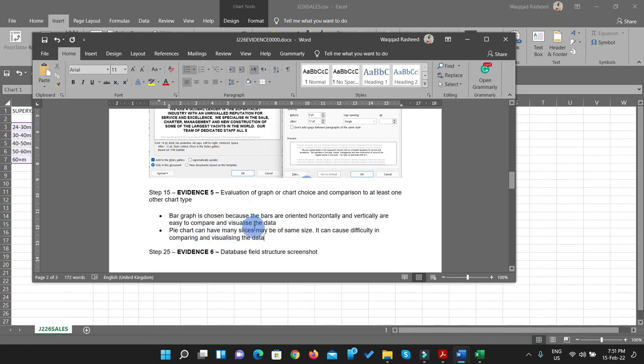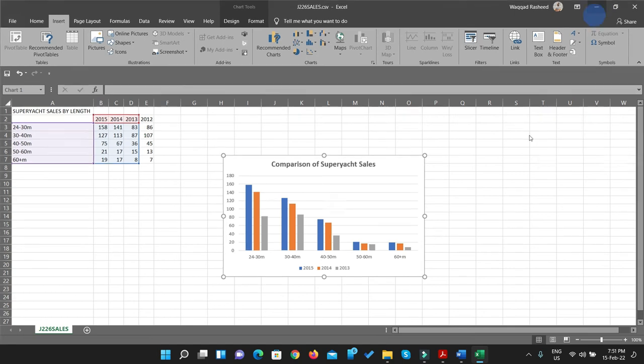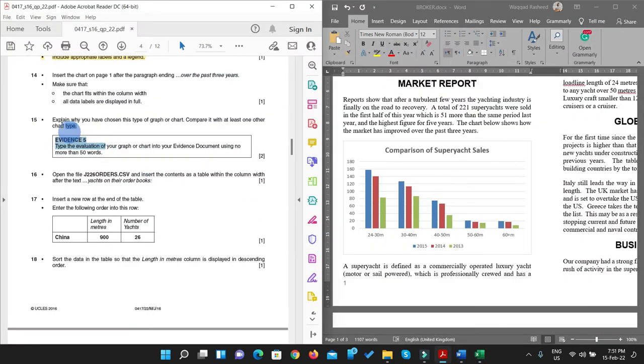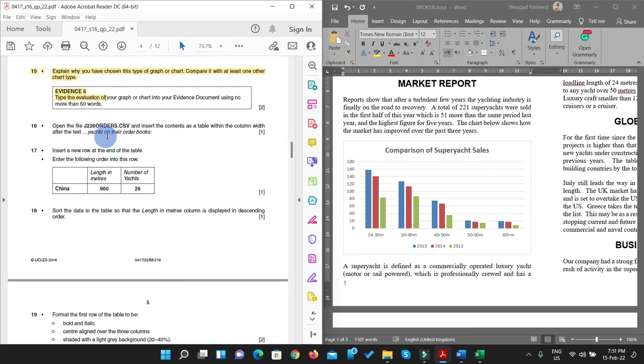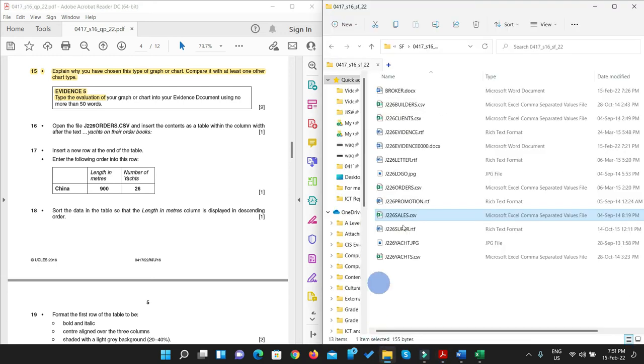So I have given the justification why I have chosen bar graph and why I have not chosen pie chart. So that's the thing. We are done up to this evaluation point, and I'm just going to highlight this. Yeah. So now they're asking us to open the file orders. We have to open another file from the source file. So this one, insert,